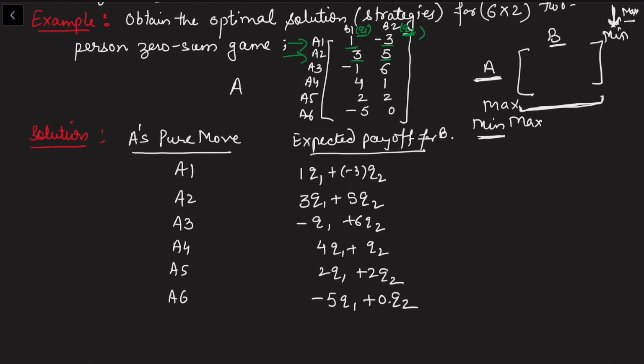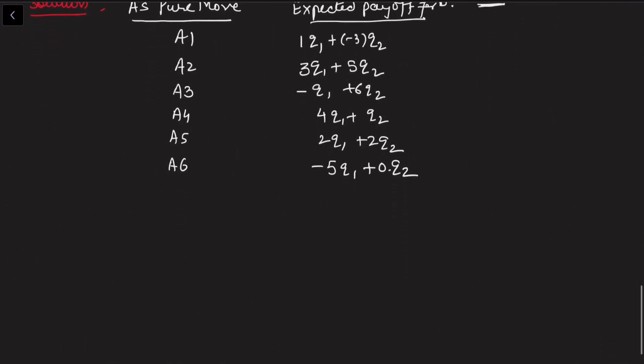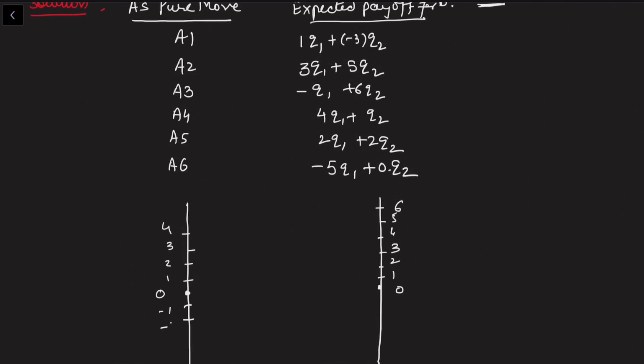Now, in this case, either we convert this into complete Q1, or we may even leave this in the 2 axis Q1, Q2. In this question, I want to leave this in Q1, Q2 so that you have the understanding if we draw the axes with respect to Q1, Q2 only. So we draw the 2 axes here for the graph, and these two axes will depict the expected payoff for the player B. This is 0, and I'm drawing the points 1, 2, 3, 4, 5, 6, and we may also get negative values, so draw some negative values.